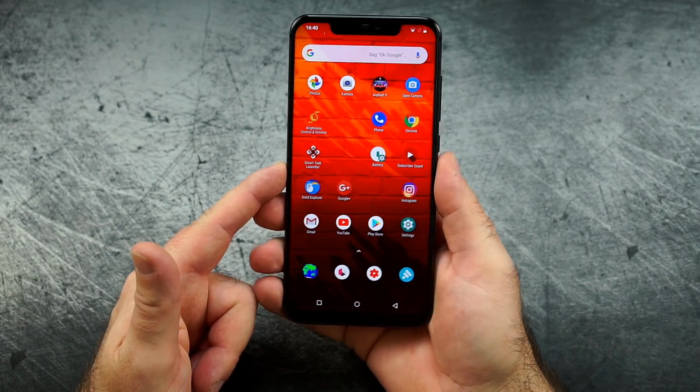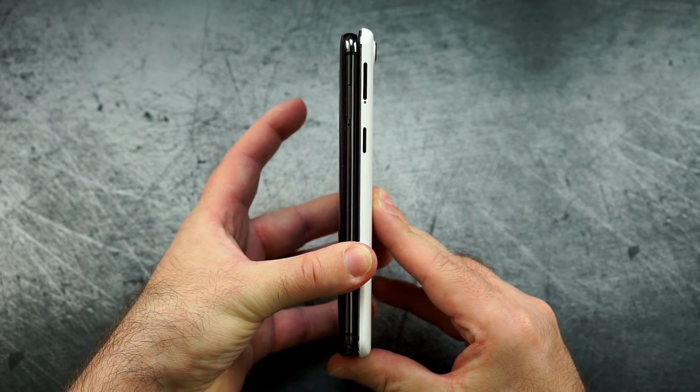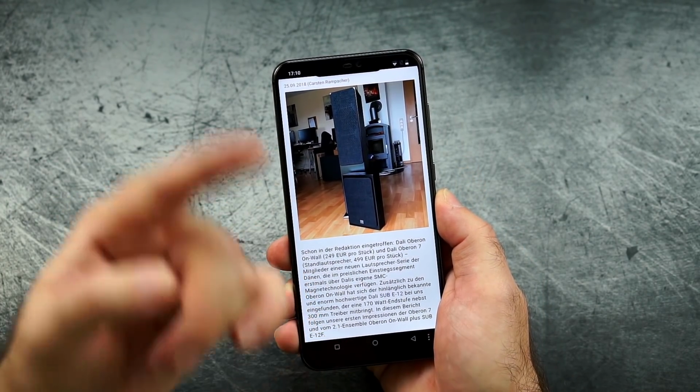Side bezels though actually quite small, because if you compare this with something like a OnePlus 6, you will see similar size. And yeah, it's shorter and it is narrower. So in terms of design, a really nice job. Okay, so there's one thing that I actually forgot, but I wanted to mention it, so that's why I'm going